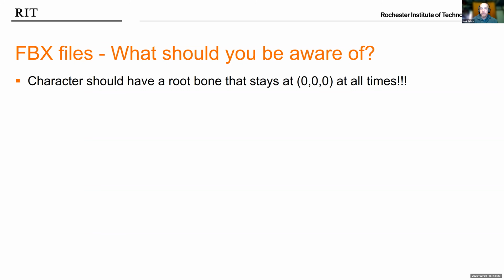Now, when I was first learning Unreal, I thought, hey, I don't need that. I can do whatever. I've done plenty of films and things before. But what ends up happening is that with the root bone at 0, 0, 0, when you bring it into Unreal, you can put your model at 0, 0, 0, and it will fit into the scene exactly where you want it to be. If you don't do that, then you're going to be guessing and trying to match things up.